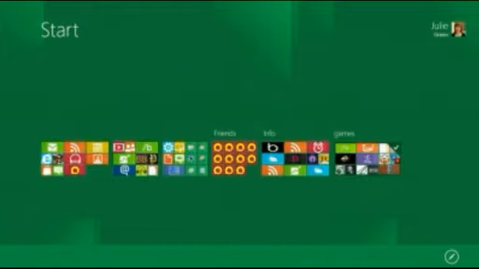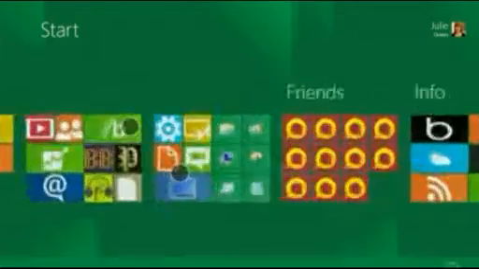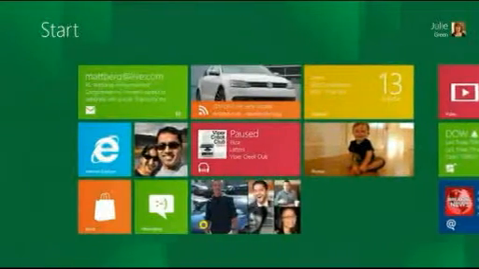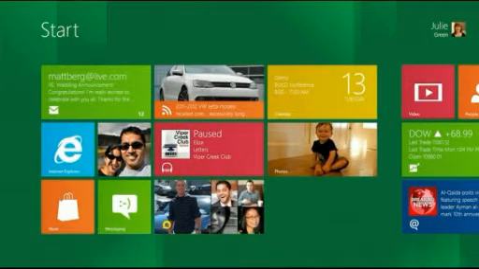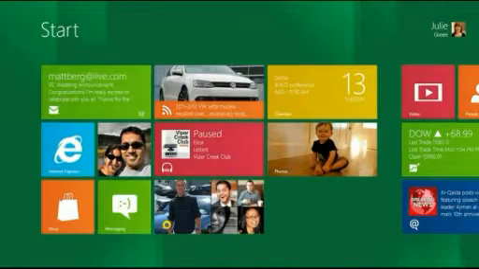And then to go back, you just do the same gesture on the way out as I just pinch and go out. So it makes it very easy for me to customize and rearrange and to get exactly what I want on the screen, exactly the way I want it. I can also customize the look of my start screen and my user tile, and that's pretty easy to do too. So I'm going to click here,